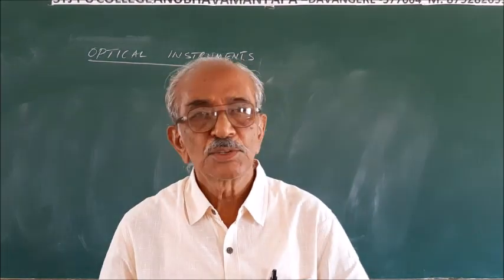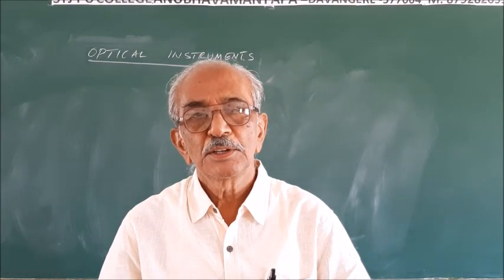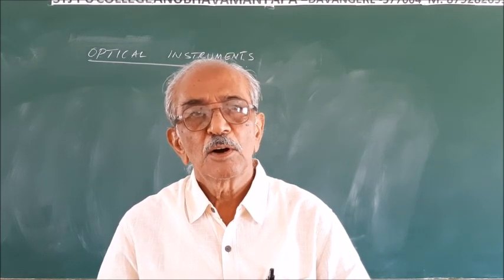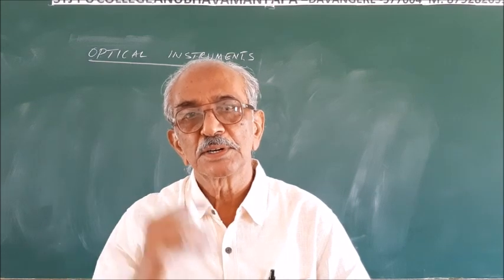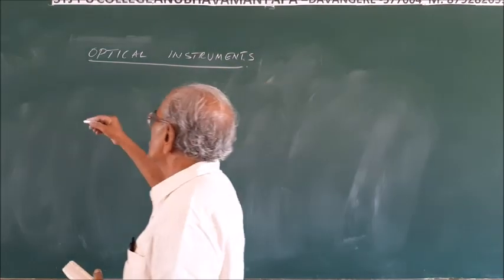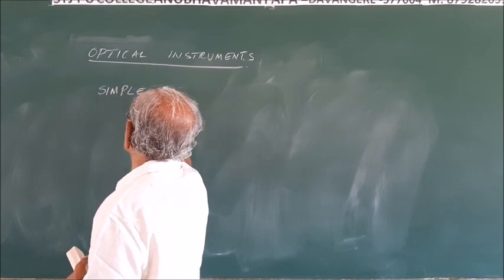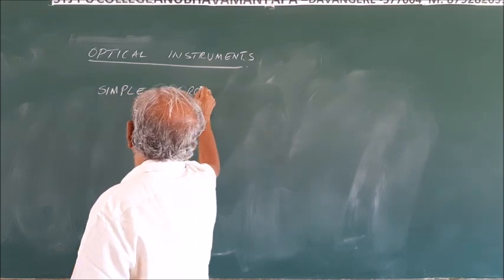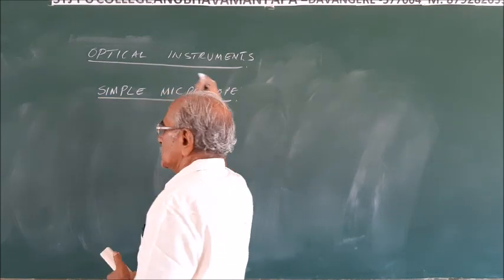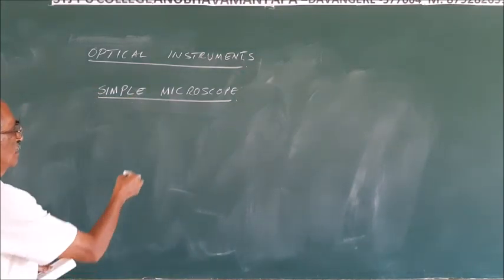Now, we will consider here briefly the microscope, which is able to see very small objects, and telescopes, instruments which can see distant objects. Here we will consider the simplest of them, the simple microscope. It's also called a reading lens. A simple microscope basically consists of